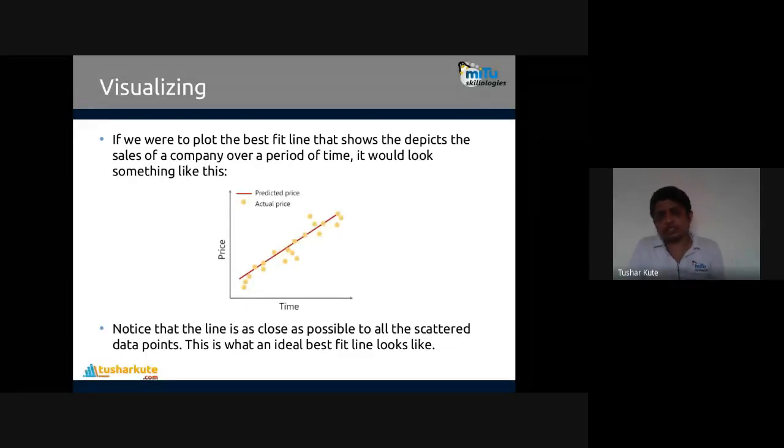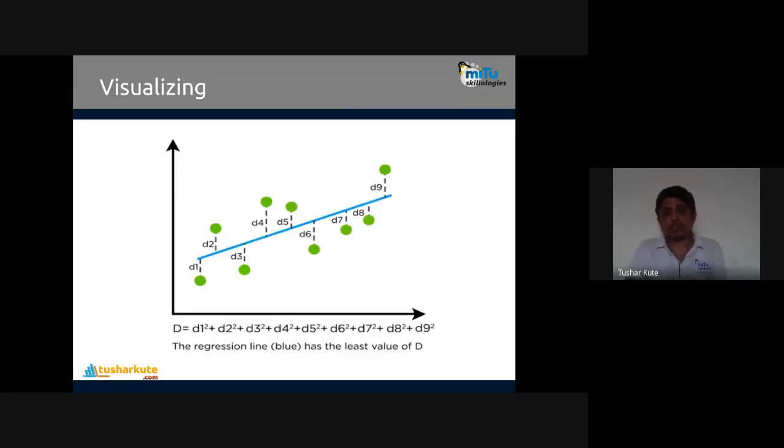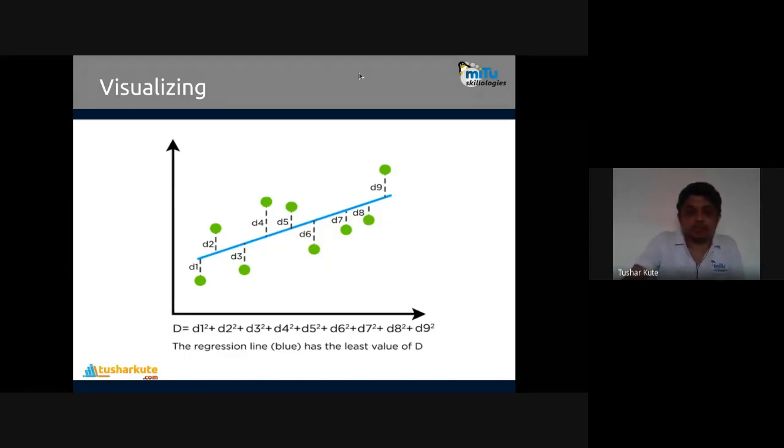So this method is used here also, but the technique to identify this particular line of best fit is something different. Now see this. So let's see how errors are calculated. We have seen this error, but how does least square regression find the errors? Now see here, these are the original data points which are shown as green dots here, and the distance of each green dot from the line is D1, D2, D3, D4, D5, D6, D7, D8, D9, all mentioned over here.